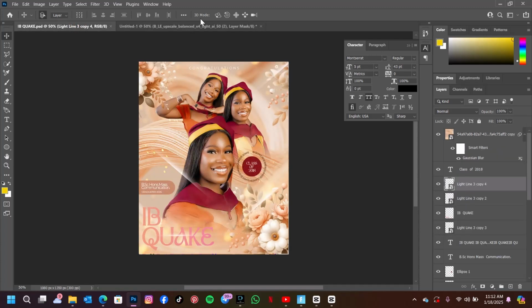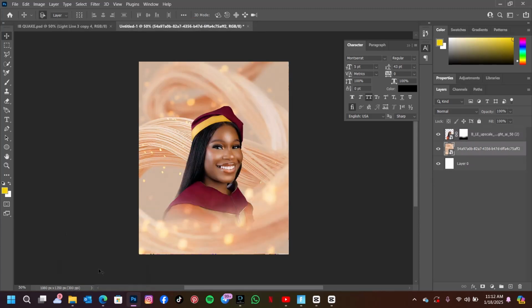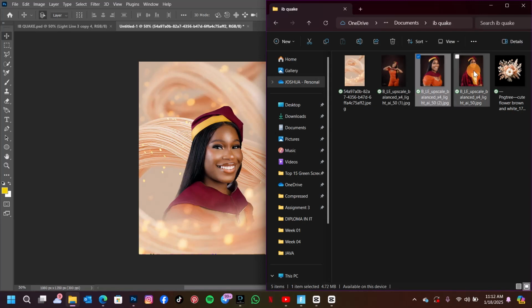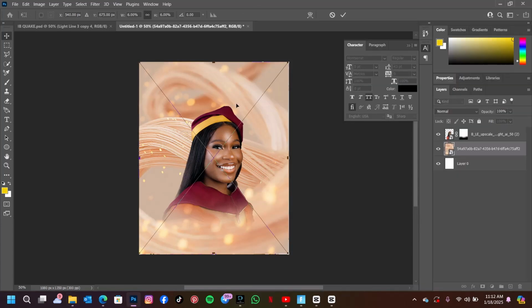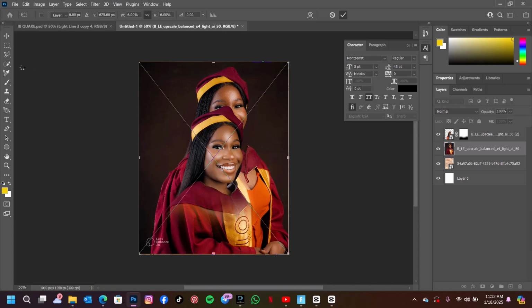You can see the remaining two pictures at the top. We're going to arrange it there too. So you're going to click on the background so the picture can stay at the back. Then you bring in your picture, do the same. You use the select tool and select subject to select the picture. Then you go to your mask to remove the background. Then always remember to convert to smart objects, because when you're